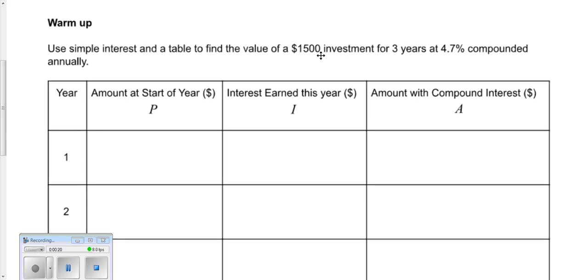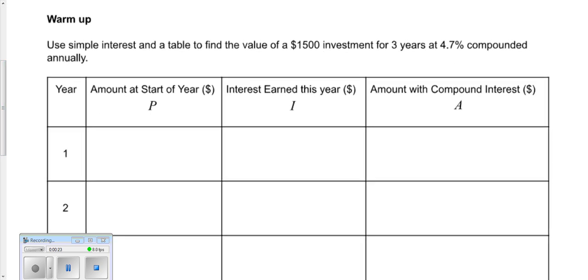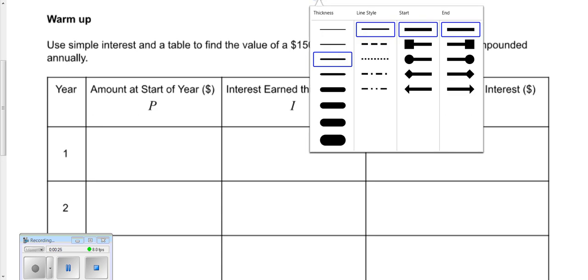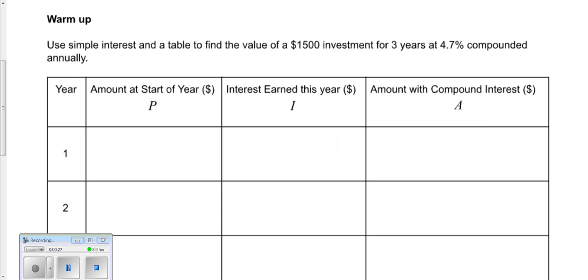Oh, change that. So we want to figure out the value of a $1,500 investment for 3 years at 4.7% compounded annually. Okay, so if it's compounded annually, that means per year. So my principal, that's my $1,500. My time amount, 3 years in total. And then we want to figure out the compound interest rate. So it's 4.7%. So if we convert that into a decimal,